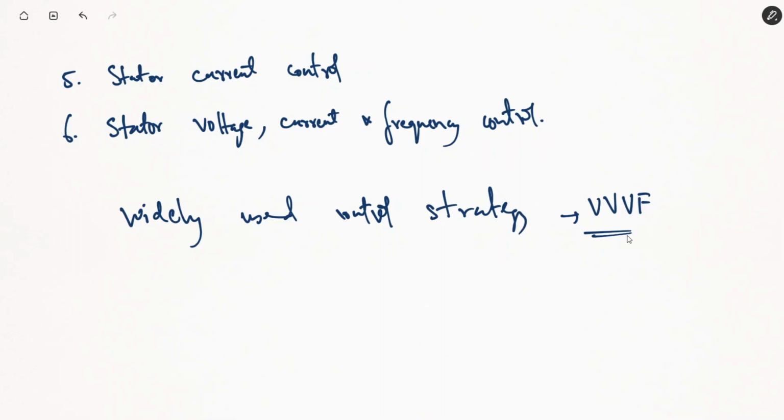So today we only saw the overview of variable voltage, variable frequency control. इसकी जो circuit diagram है, how we are going for open loop variable voltage, variable frequency control, how we go for closed loop variable voltage, variable frequency control, how we achieve speed, torque, and flux responses in variable voltage, variable frequency control. That will be the topic for the next session. उसके बाद